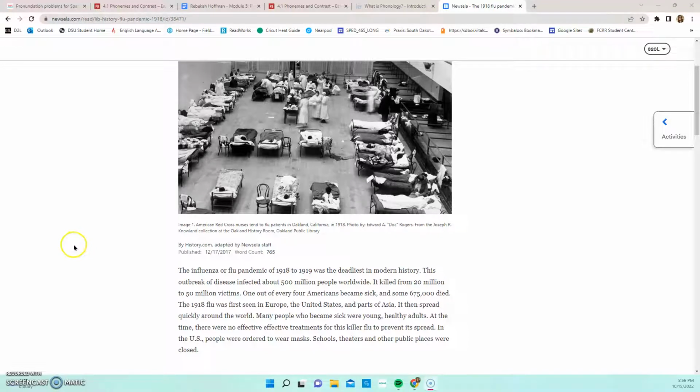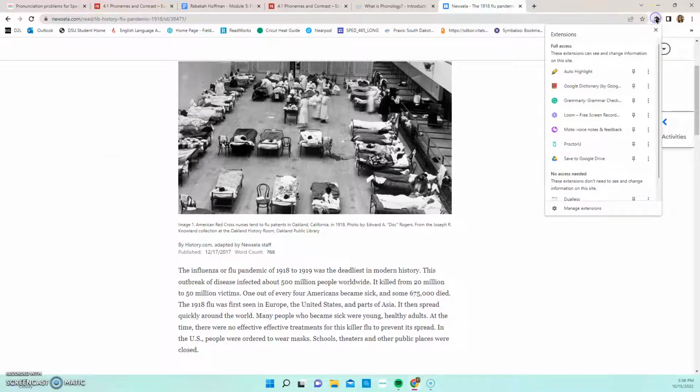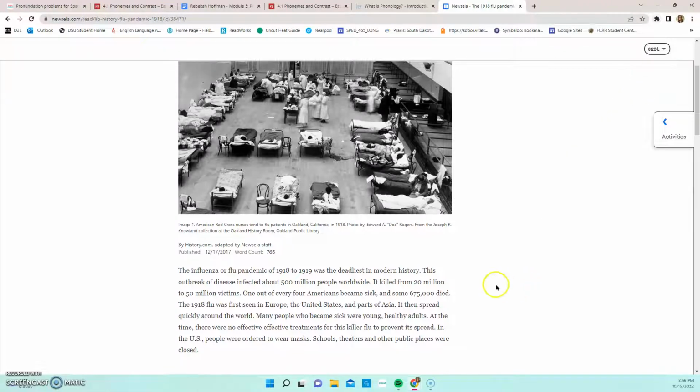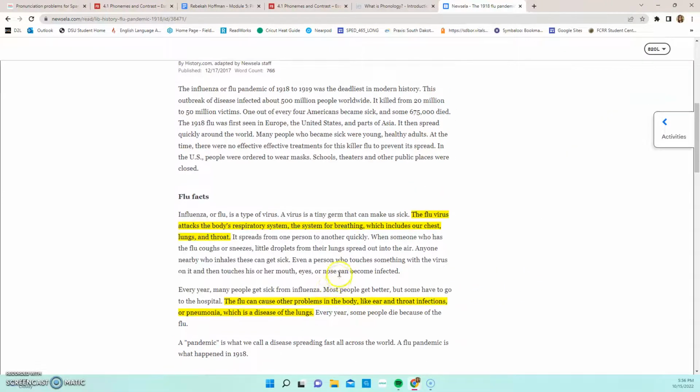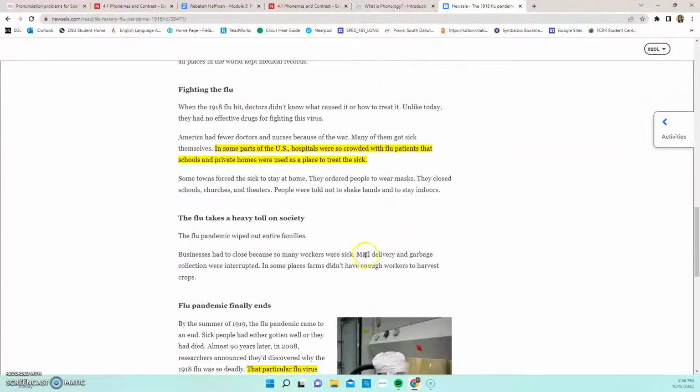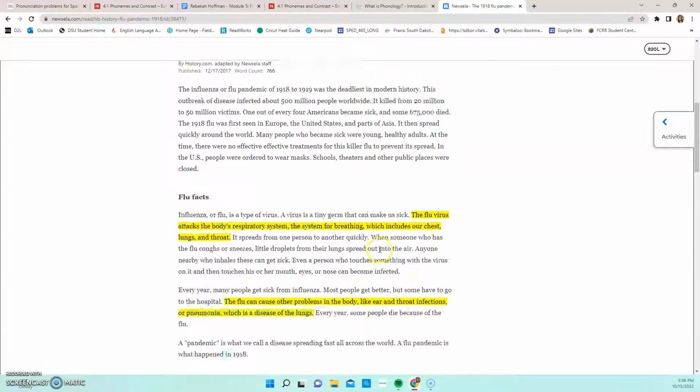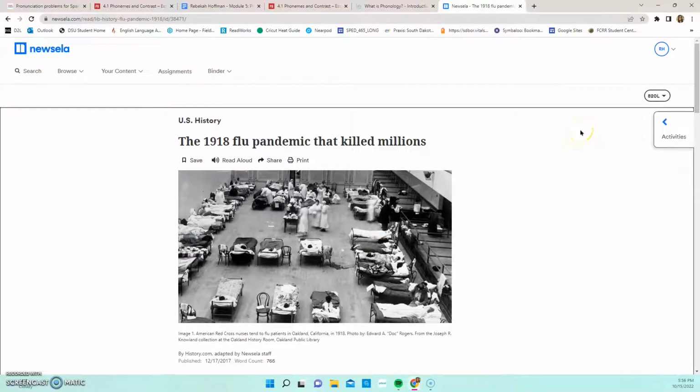Auto Highlight here is a really cool Chrome extension because it helps kids who might struggle with identifying important topics or key information when they're reading. This Chrome extension helps highlight what they might need to know over other parts of the article or wherever they might be reading. So I just chose a News ELA article about the 1918